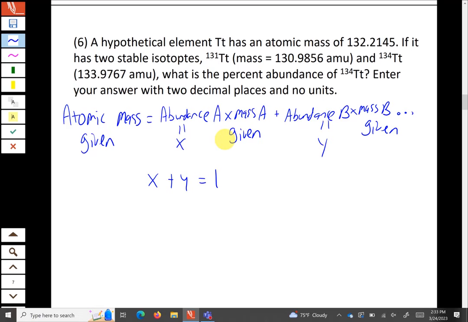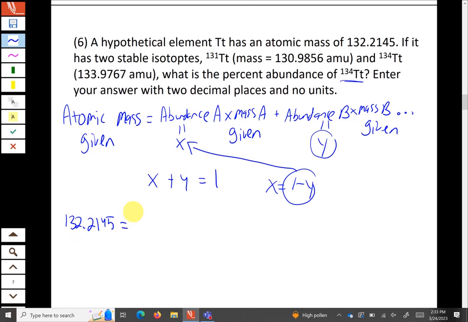So what we're going to do in this problem here is just a little bit of algebra where we're solving for y. So y is what we're trying to solve for here. We want the fractional or percent abundance of the second isotope, if we call that the 134 isotope here. And so what we're going to do is just rearrange and say that x is equal to 1 minus y. And we're going to replace x with that. All right, so I'm going through the algebra now a little bit, but I don't want to spend too much time on that. So our given atomic mass is